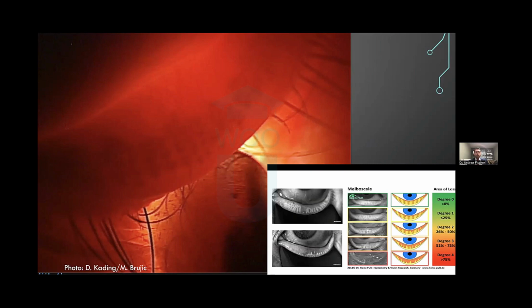is really the total area of atrophy. So for instance, this patient, approximately 50% of their total inner eyelid has atrophied away. And so they're between a high grade 2 or a low grade 3 as far as their total meibomian loss score here. And so once you identify that meibomian gland dysfunction is there,